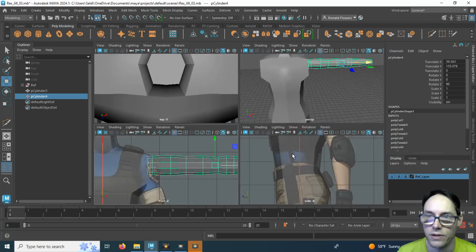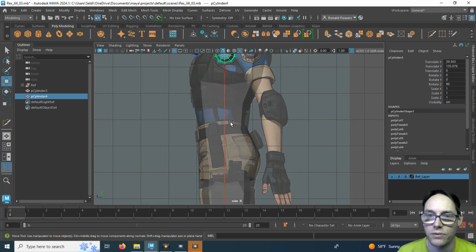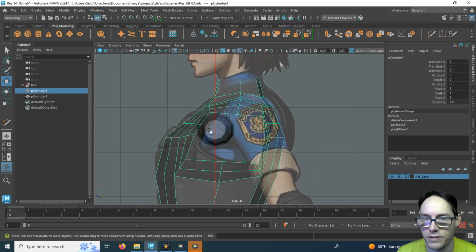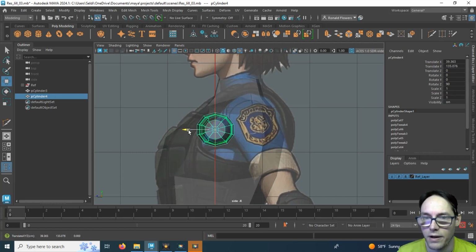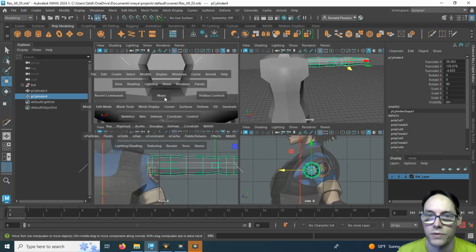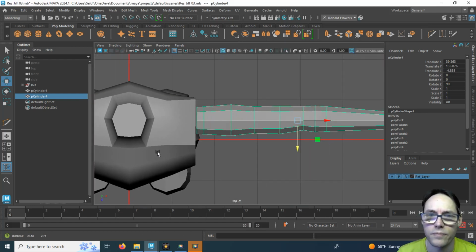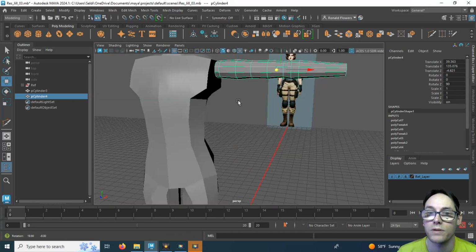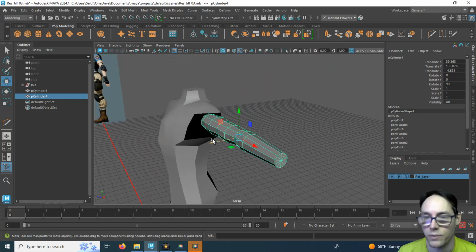Let's check the center alignment. So I'll go into the side view. The body is about here. You can see there's a hole. So I'll grab this one, move that back. Sometimes the top view is a little bit easier. So let's take a look here. Looks good. All right. And now we want to attach this, but we need to get rid of the faces